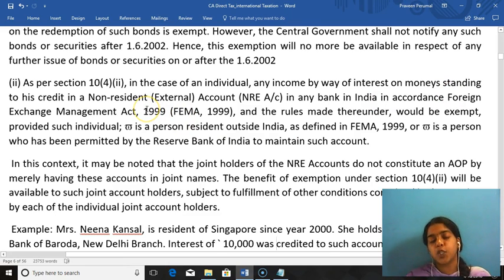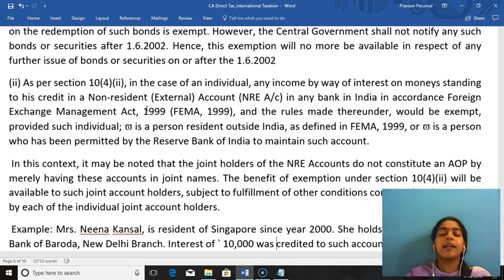The provisions of FEMA Act should be abided. So if we see the Income Tax Act with regard to foreign exchange and things like that, FEMA Act also slightly comes into place. Why is that? FEMA Act extensively deals with foreign exchange. Therefore, there is a slight link between the Income Tax Act and FEMA Act whenever dealings with regard to foreign exchange are connected. And the rules made therein would be exempt provided such individual is the person resident outside